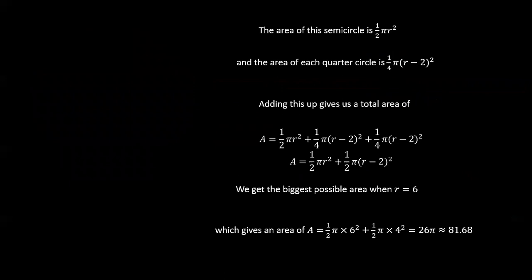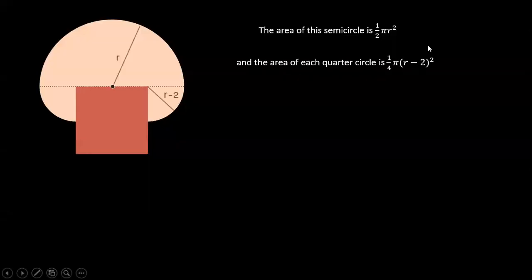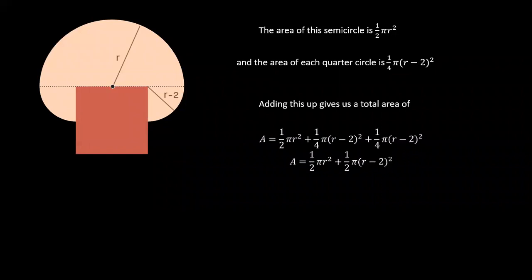The area of this semicircle is half of pi r squared, and the area of each quarter circle is 1/4 multiplied by pi multiplied by (r minus 2) squared. Adding this up gives a total area of this,